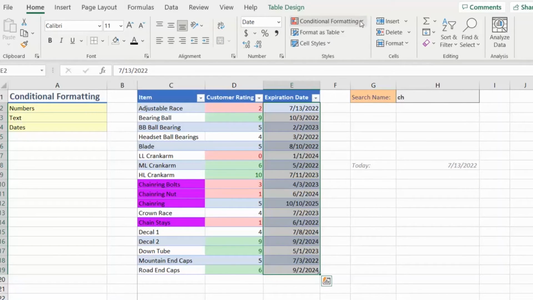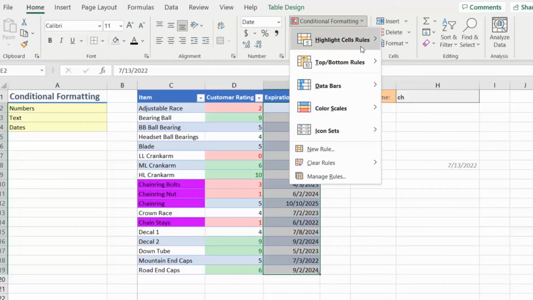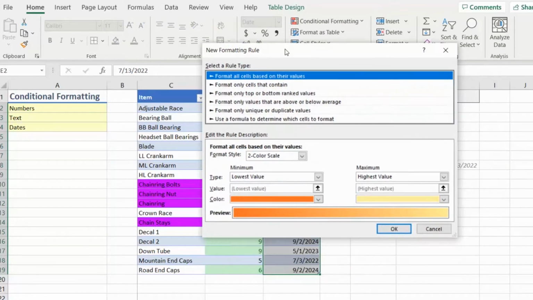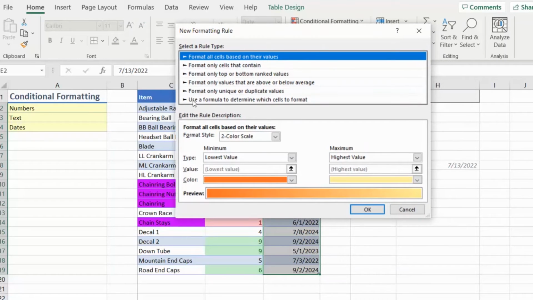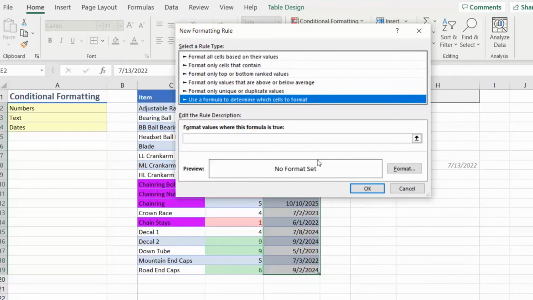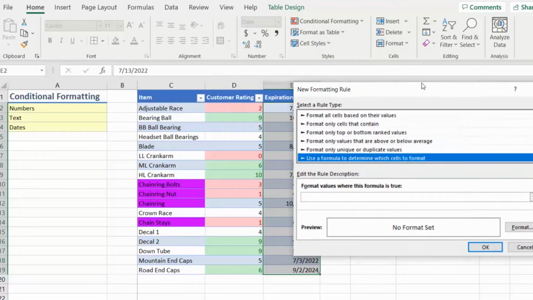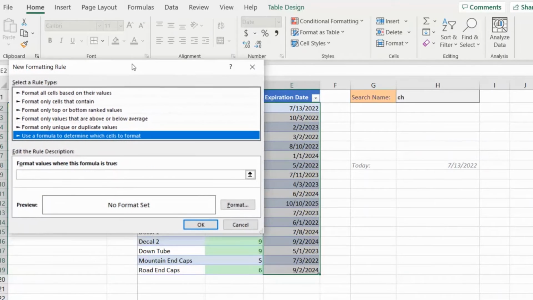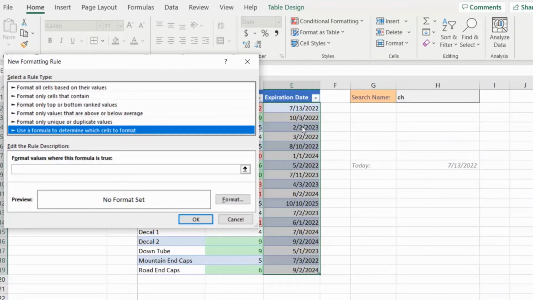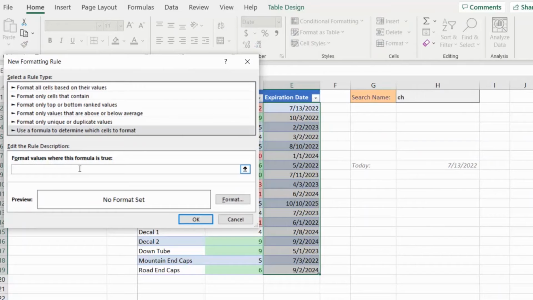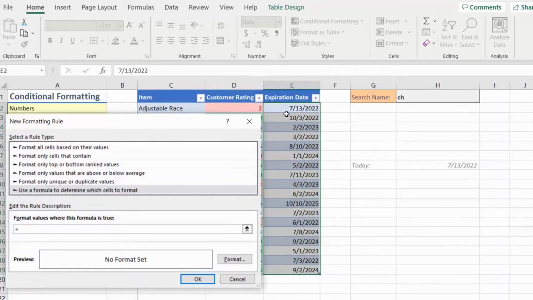I'm going to head to conditional formatting. In this case, I'm going to select new rule. And we're going to go all the way down to the bottom here and say use a formula to determine which cells to format. In this case, what I'm going to do is enter a formula that will highlight the dates that are less than today. So here we're going to go equals. And we're going to use the cell reference of the first cell that we've highlighted. So equals E2